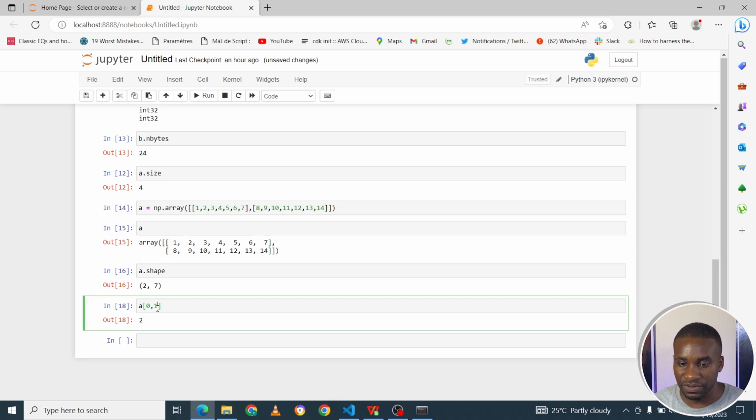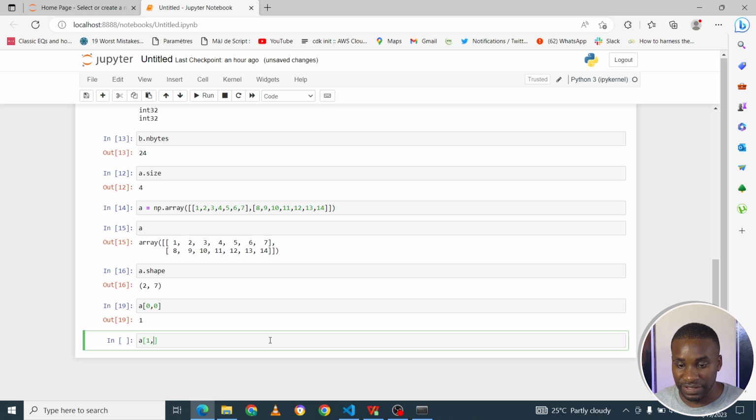So if you take, for example, 0 and 0, you get 1. So this one here is the 0th row and the 0 column. So this is the row, this is the column. So it's interesting to know that, as the elements are ordered in a NumPy array, you could still decide to get, like we saw in the other data structures, maybe the